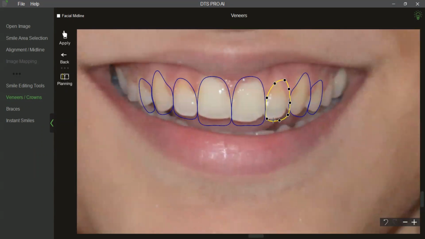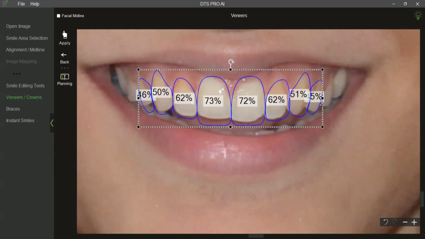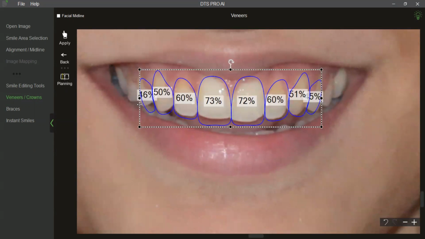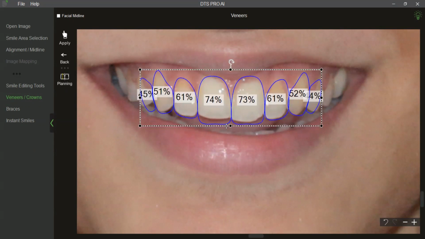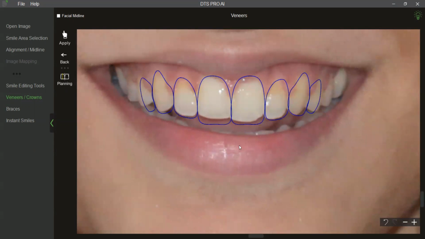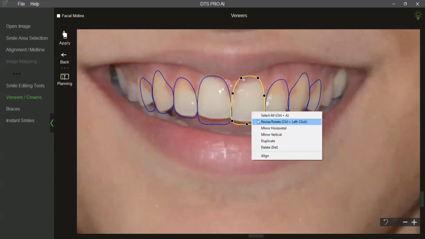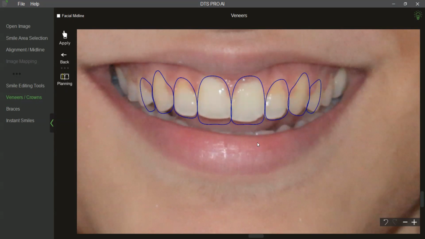Right. Now you can individually control the size, shape or position of teeth. I can first select all and get a broad gross control. Once you have that, then you can right click and you can individually control, resize, reshape as you want to. So I just click here.